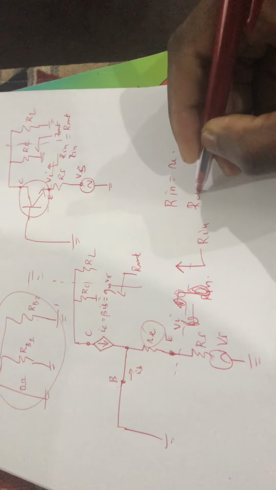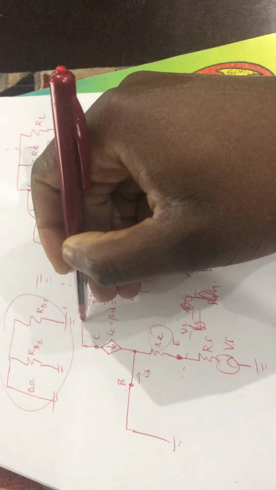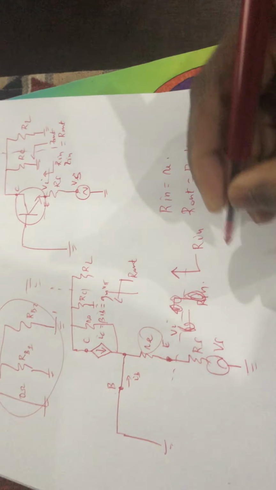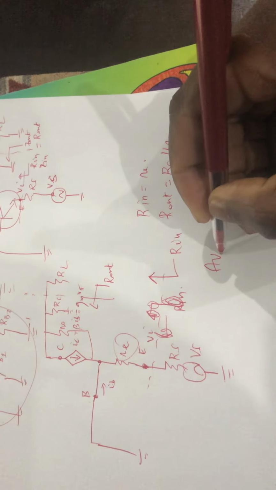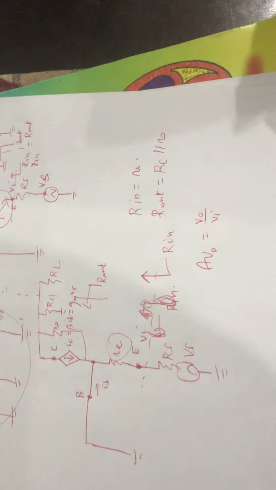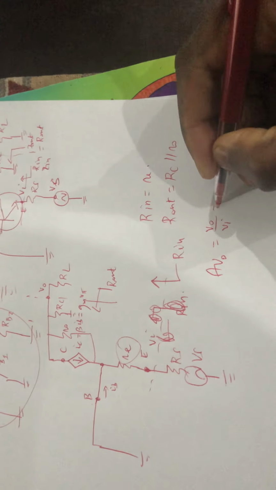Our R out on the other hand is still Rc in parallel of R out, because we still have, in a non-ideal case, Ro there. When it comes to the gain, unloaded gain first, is still V out over V in, and our V out, which is the voltage at that point, is still